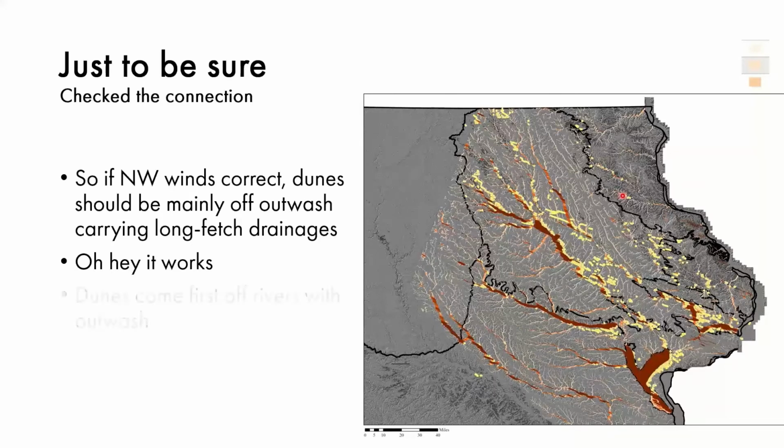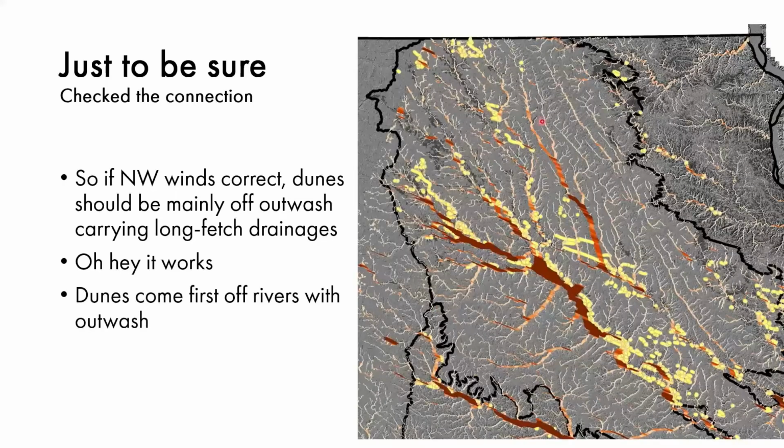But what you don't get are dunes coming off of rivers that didn't catch outwash, like the Wapsipinicon. But eventually, the Cedar provides so much sand that it flows over into the Wapsi, and then you start getting dunes off of it because this area in here has bedrock, and it catches the sand and then funnels it down. And so now it's in the alluvium, and then it becomes part of that system, and you can blow it out